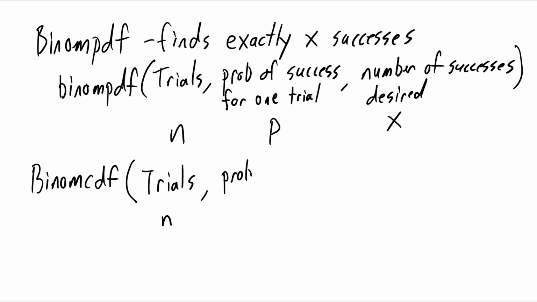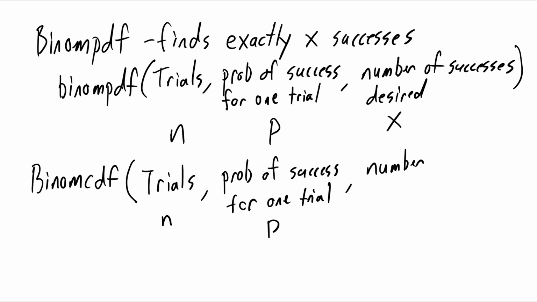Probability of success for one trial, P. The only thing that changes is what X stands for. We actually still call it X, which is admittedly a little confusing, but it stands for something different. So this is going to be the number of successes desired